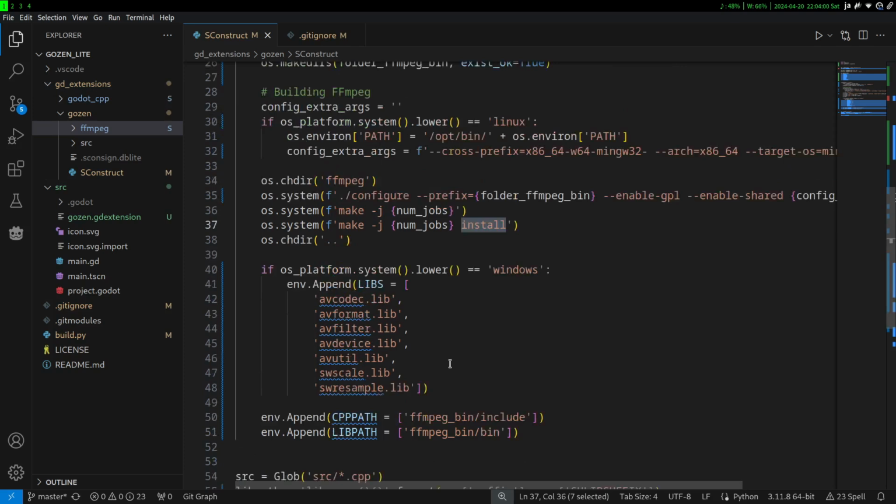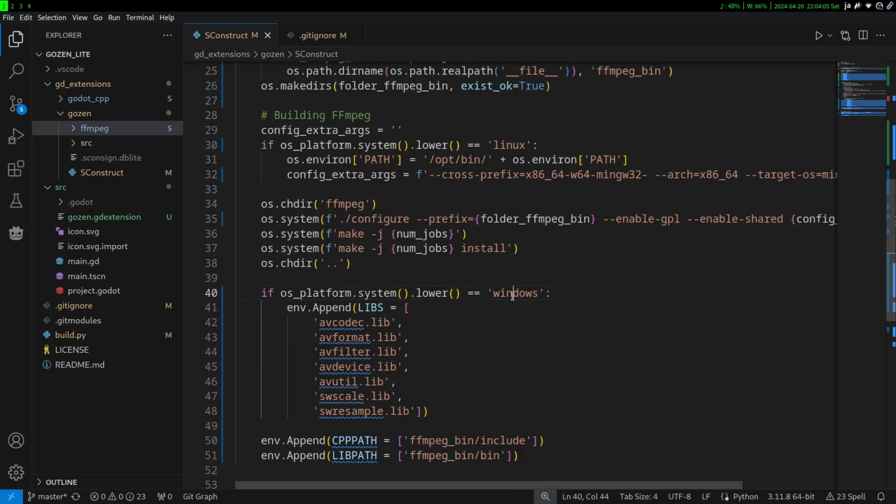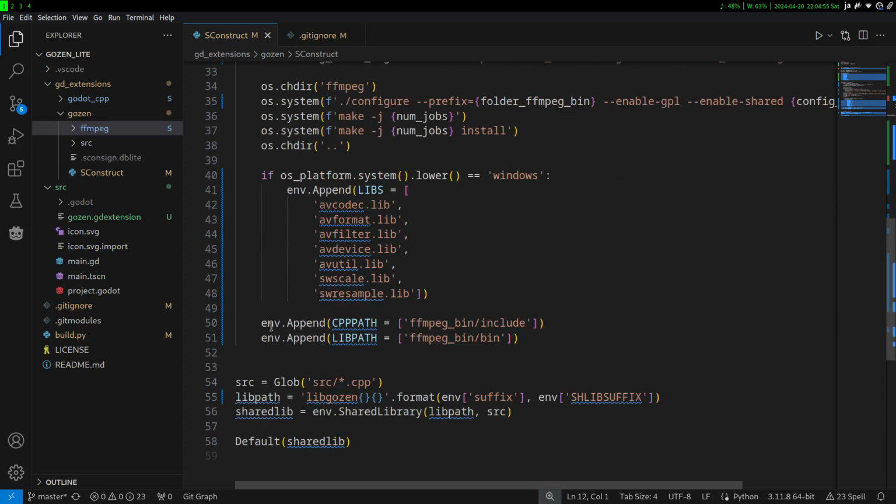the GDExtension. Then we have OS platform system lower, again just making certain that it will accept Windows as an argument and not struggle with capital letters and such. And we append some libraries. And then we add a CPP path to the library, to the environment, and also a lib path. These folders will be inside of the main folder, and this will also be the main folder where the